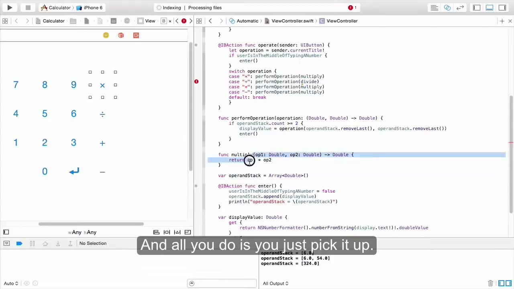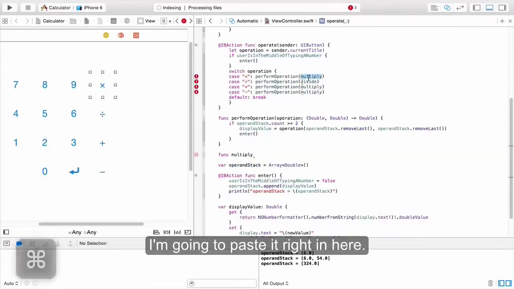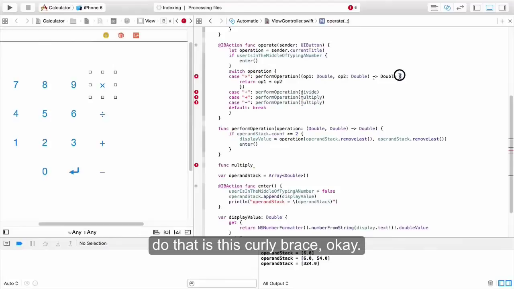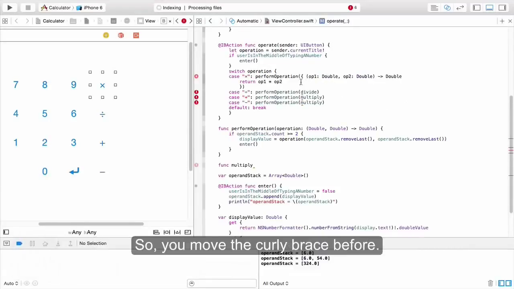And all you do is you just pick it up. So I'm just going to cut that from down here. I'm going to paste it right in here. Now, the only thing you have to change syntactically when you do that is this curly brace, okay? Instead of being after the declaration of the arguments and the return value, it needs to be before. And so you move the curly brace before, and then where the curly brace was, you're going to put in